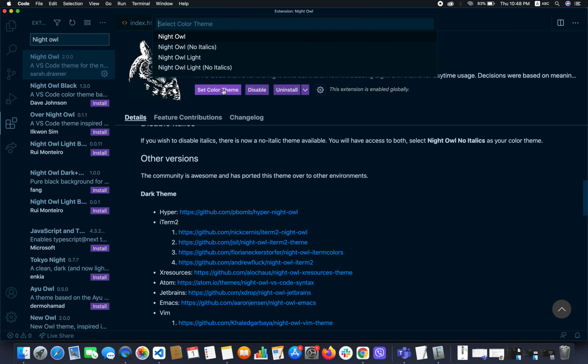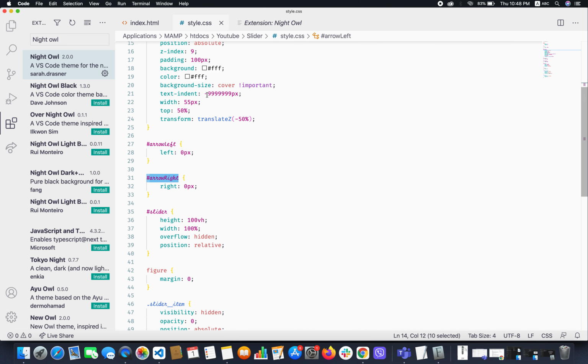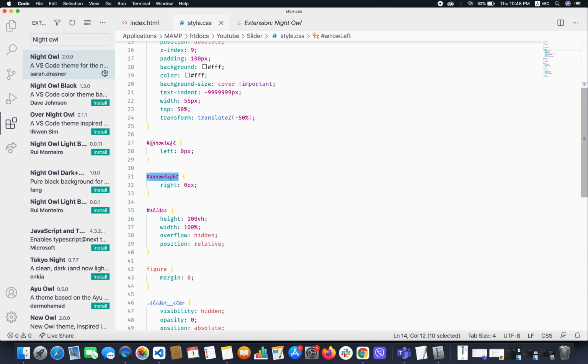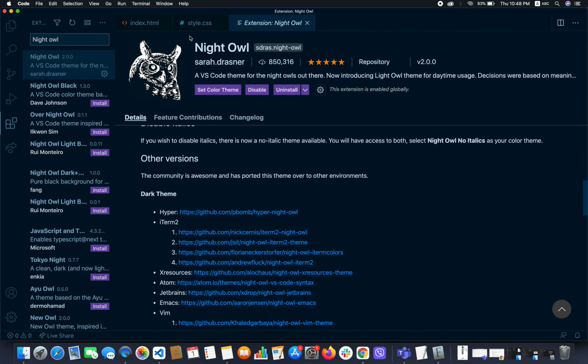So for example here the light version. So if you like pink, you can choose it, but I prefer the dark one. Here it is. Okay, then for the font,